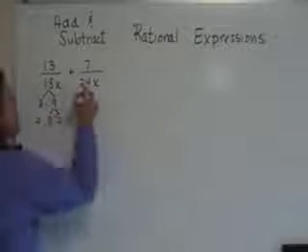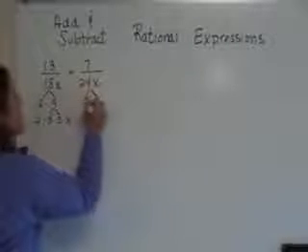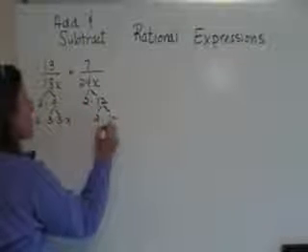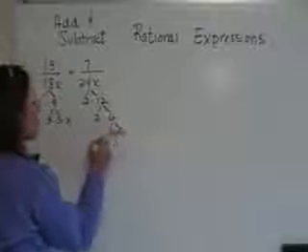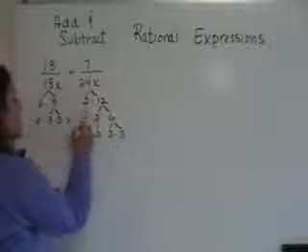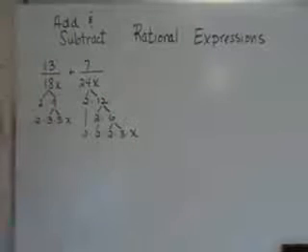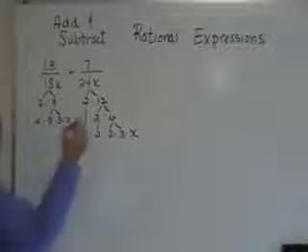x. 24 will factor into 2 times 12, but then I need to take the 12 further into 2 times 6, and the 6 further yet into 2 times 3. And now I'm going to bring down all the factors of 2, and finally I'll bring down that factor of x. The LCD in this problem